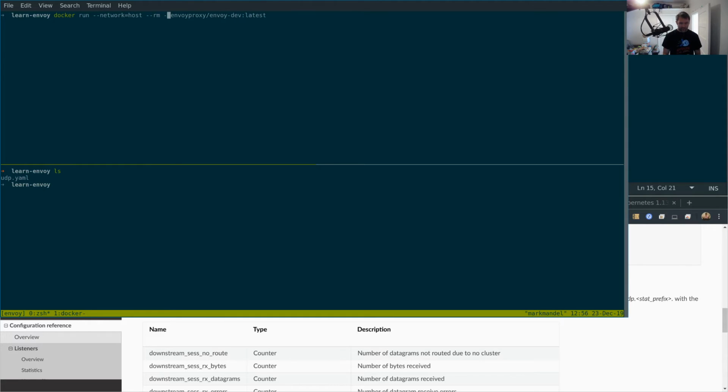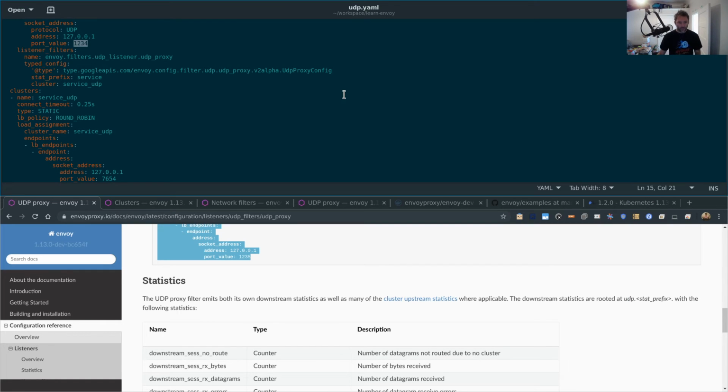Let's mount -v password. Actually, I like this better for reasons. Password / udp.yaml to, I don't know, temp udp.yaml. And then now,